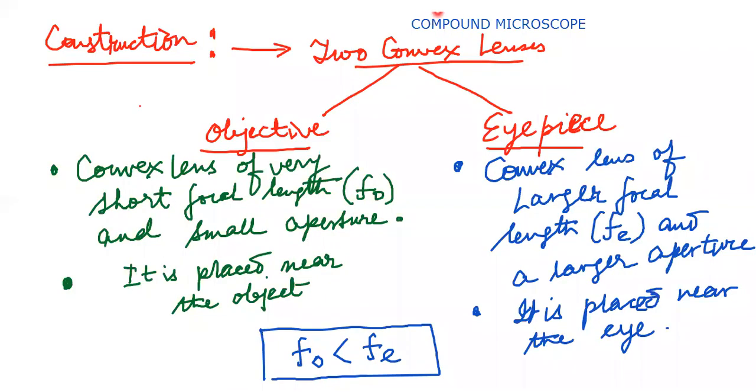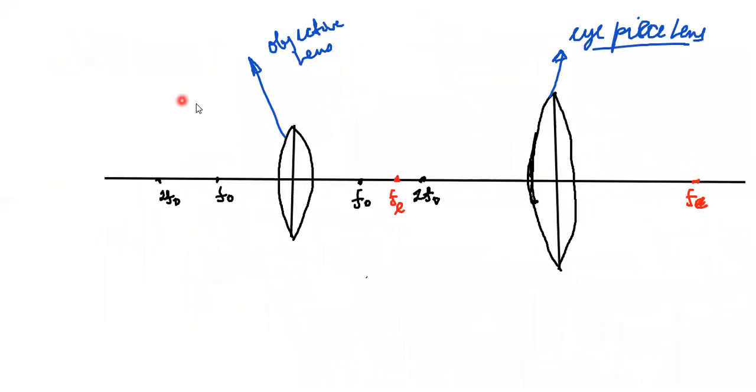So next I move on to the next page. Over here we can see the construction of a compound microscope which I have already drawn. This is the small aperture and this is the objective lens, and this is a larger aperture. You can identify this is the eyepiece lens. Now, in order to draw the image and the object, first of all, what should I do? We should always place the object in between FO and twice FO.